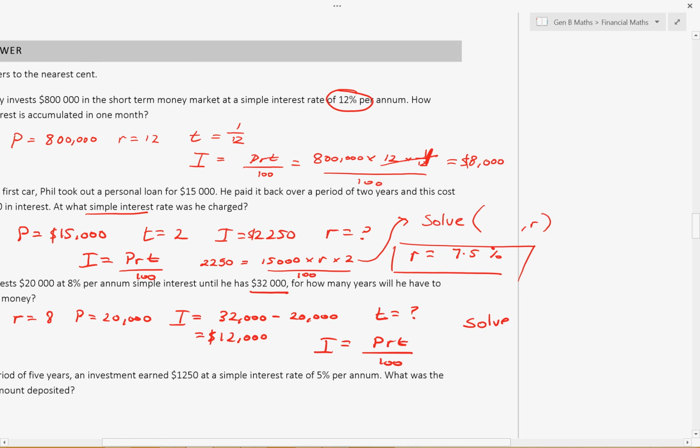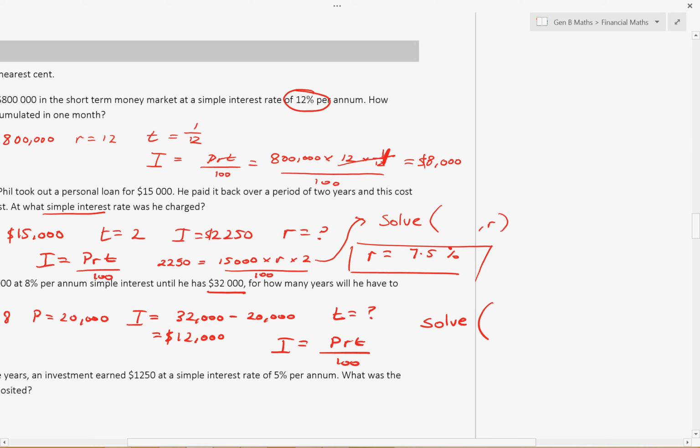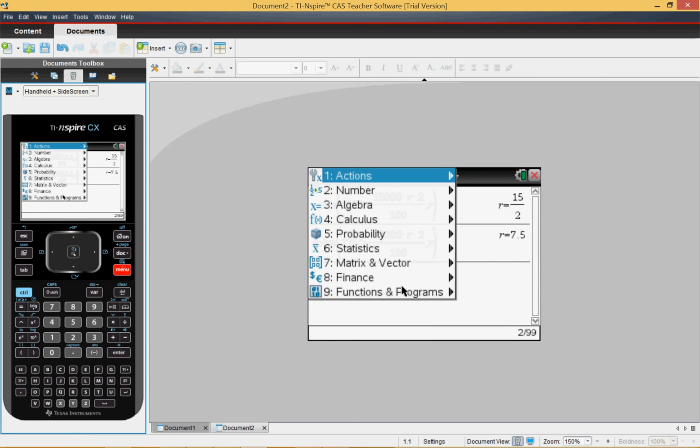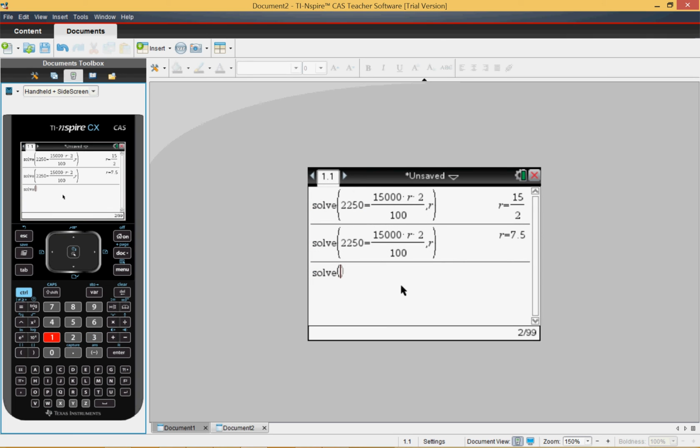I'm going to just say solve, and I'm going to solve for I, which is 12,000, be careful, it's not 32,000, is equal to 20,000 was the principal, times the rate, which is 8, times t over 100, comma t. And if I put that into my calculator, so if I go menu 3, 1, solve